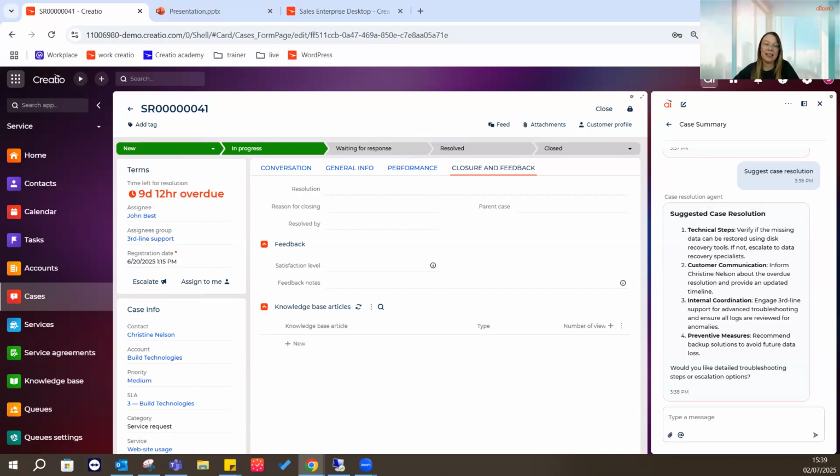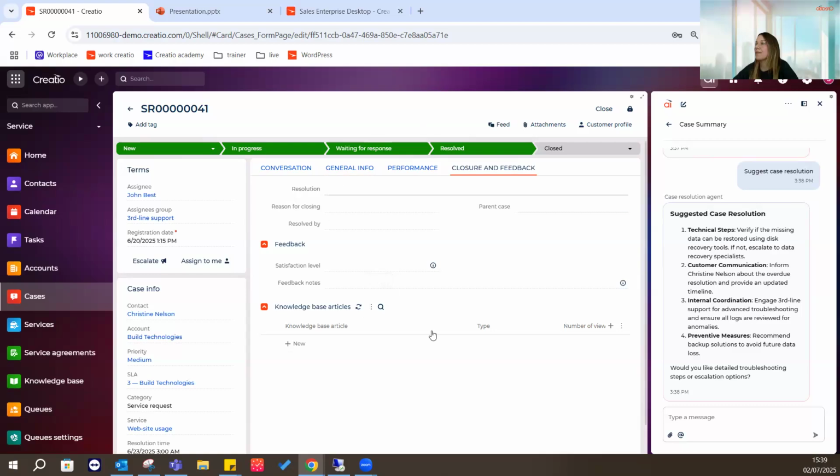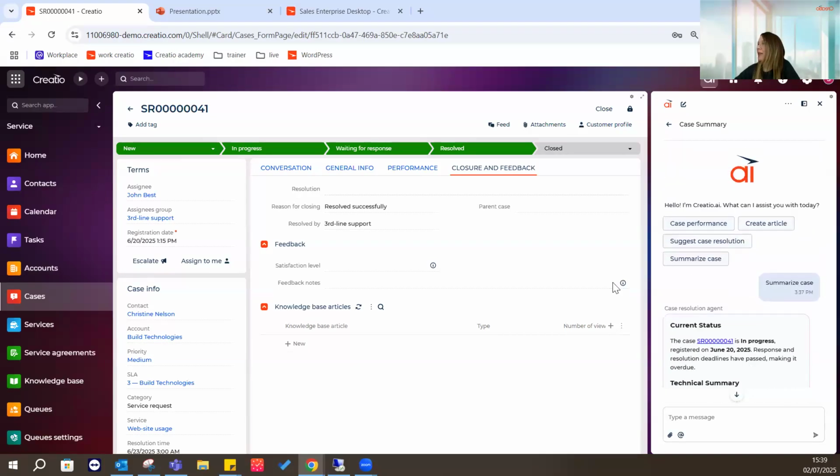Once the record is successfully resolved, so let me just resolve the record. Perhaps I would like to create an article with the resolution details to share with colleagues and to speed up resolution for similar future cases. So my agents can be of help here as well. We can use one of these at the top. As you can see, we have create article. All right, but before I go to create article, let me show you my presentation one more time,